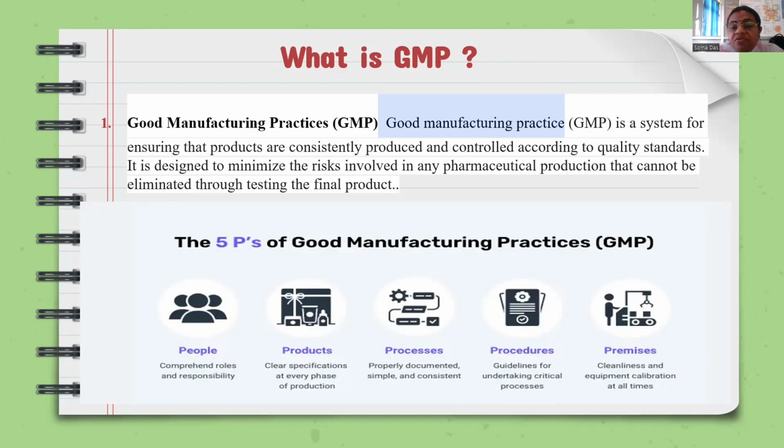Many years ago, when a product was designed from the raw material to the finished product, the companies or industries used to check only the finished product, its potency and other tests as per the regulatory guidelines. It's not that only when it is designed into a final product do we go for testing and find out whether the product is fit for use by the customers.